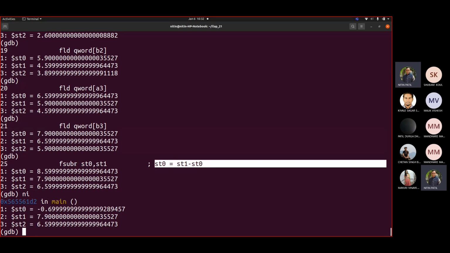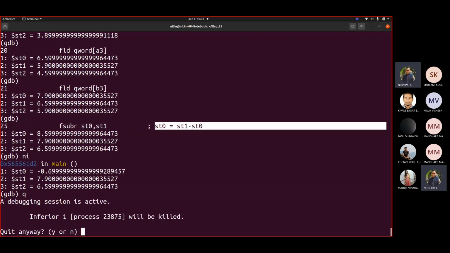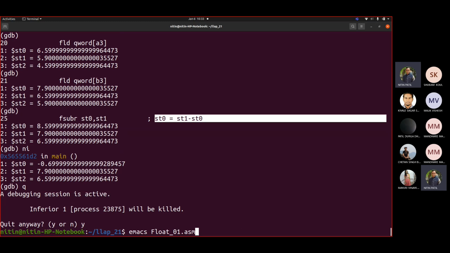So even when you multiply two registers, what will happen? It is like addition only, correct? A multiplied by B equal to B multiplied by A. But A by B and B by A, are they different? Yes, correct. So fdivr, okay, fdiv r and fsubr would be possibly there. Fine. Okay. Now another thing.